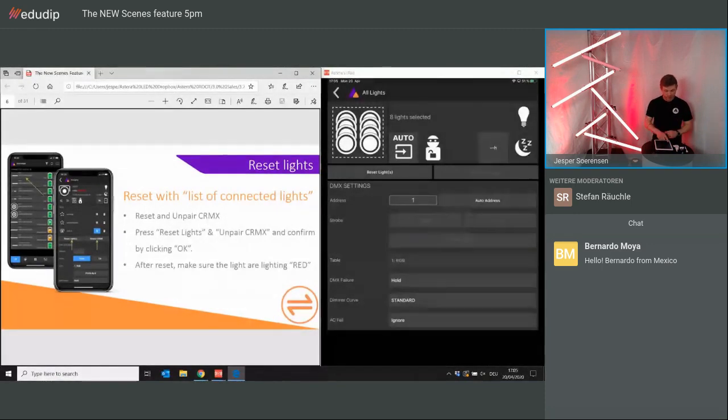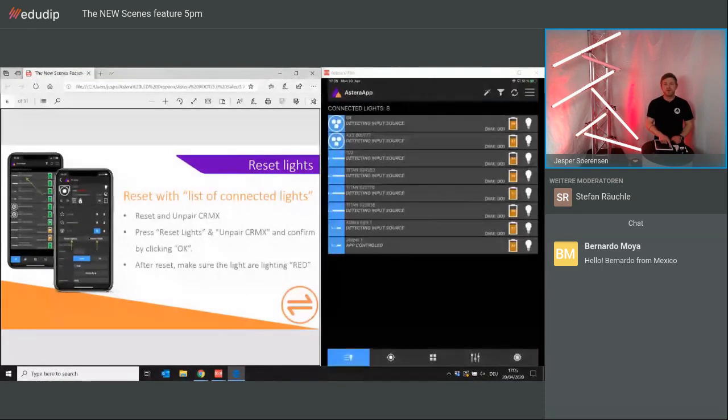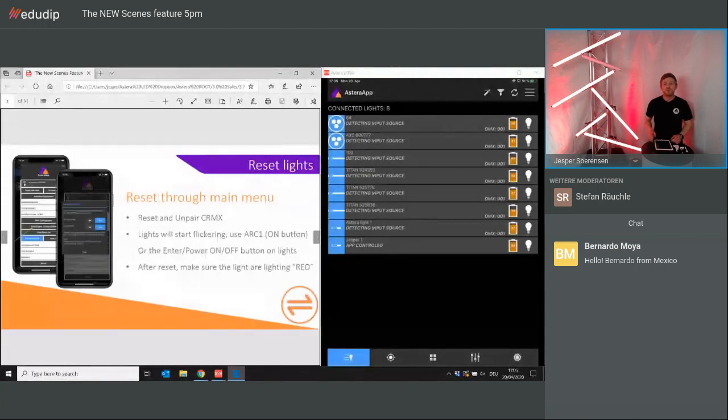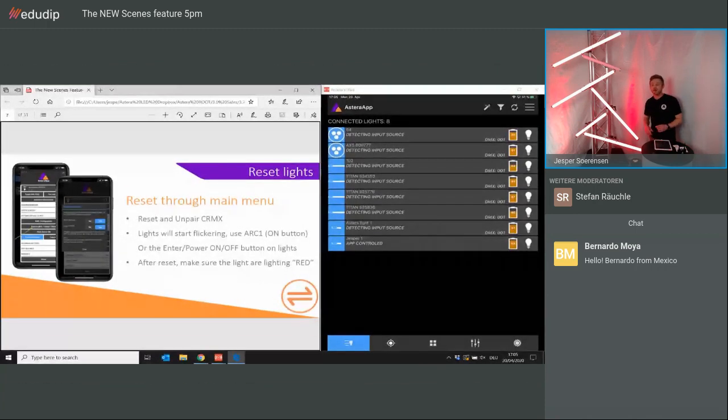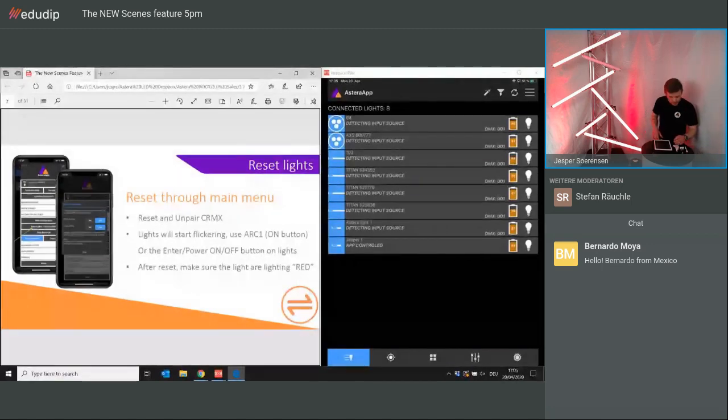The third way to do it, let me just unmark it here, is actually through the main menu. My app screen is going a little bit slow here. I hope it's not going too slow from your side. If it's going too slow refresh-wise, please let me know in the chat. Then I will slow down a bit so you can also follow the app screen while we are running through